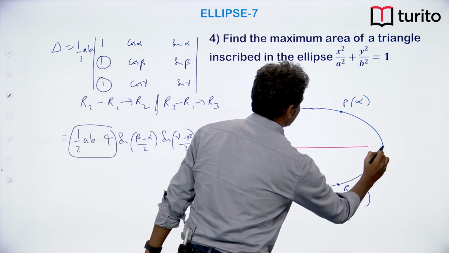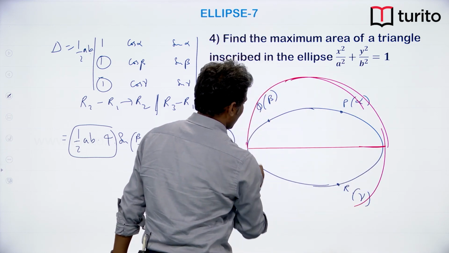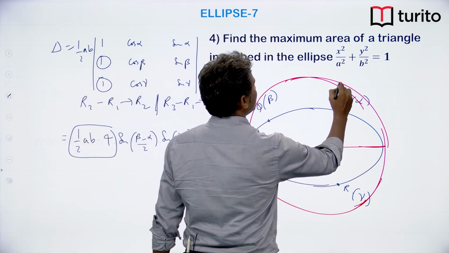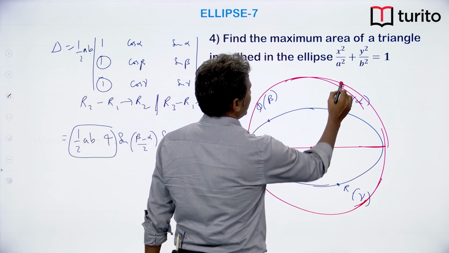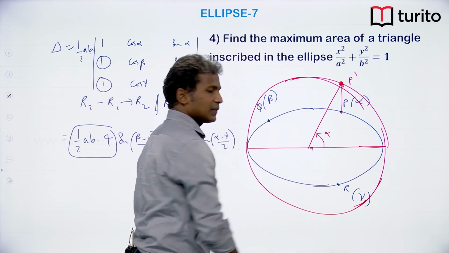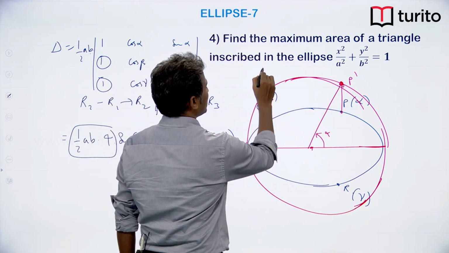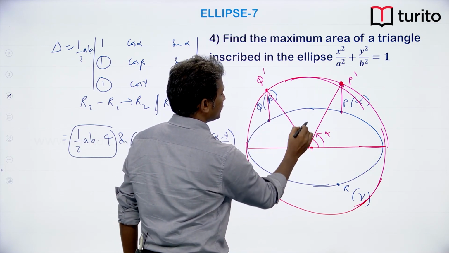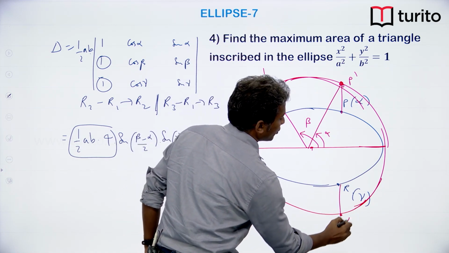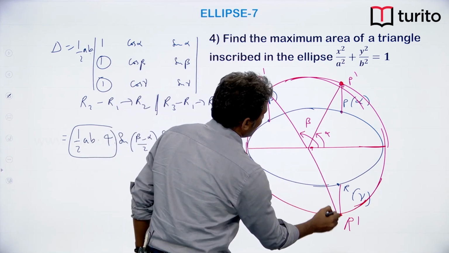Okay. So, here the technique that I am going to give you is a different out of the box technique, but it is a good technique, it will give you general knowledge also. Okay. So, corresponding to P, the point whatever it is there, let us name it as P dash, this is making an angle of alpha here with positive x axis. Similarly, corresponding to this point is Q dash, it is making an angle of beta. Similarly, corresponding to R, there is a point R dash on the eccentric circle or auxiliary circle,